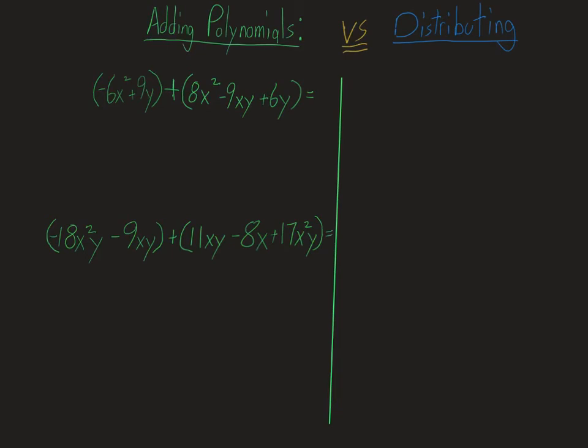Today we're going to look at adding polynomials, which is actually just review. It's just looking at it. It may look a little different, but this is all review for you guys. The only difference is this. Okay, you may not be used to seeing these on here, but it doesn't change anything about what you do, okay? So it's basically telling you we have that quantity, a negative 6x squared plus a 9y, and we have